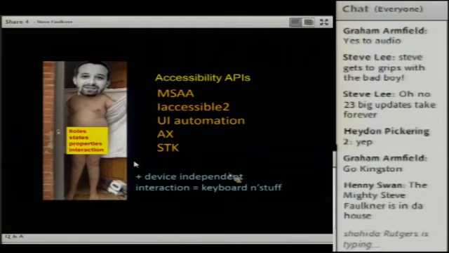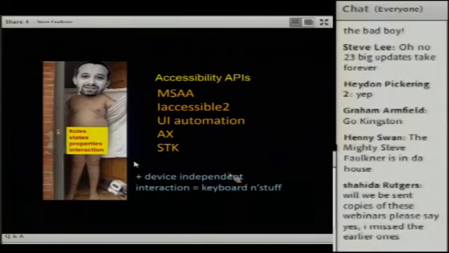Then there's IAccessible2, which is sort of like a backpack for MSAA. IAccessible2 is a further development based on MSAA, and it adds extra roles and different accessibility properties.